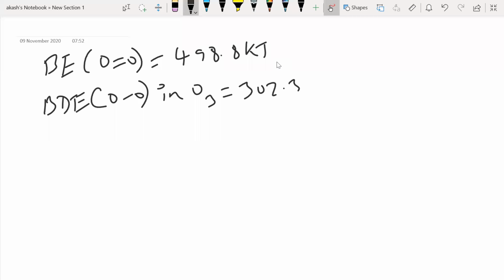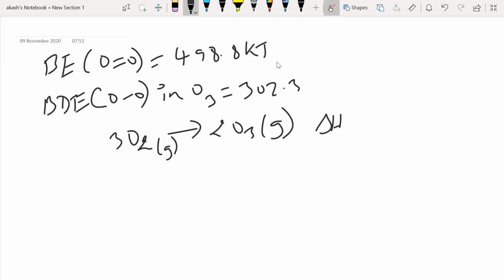Now they're asking for this reaction. They have given me a reaction. So 3O2 gives 2O3 gas. So 2O2 gas gives me 2O3 gas. And they want to know